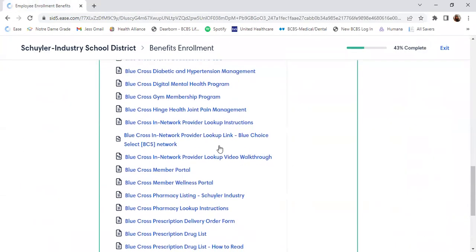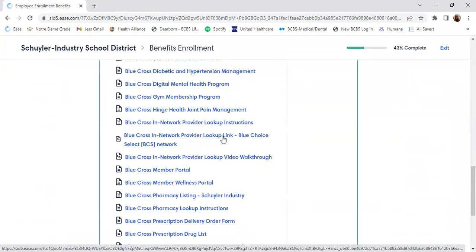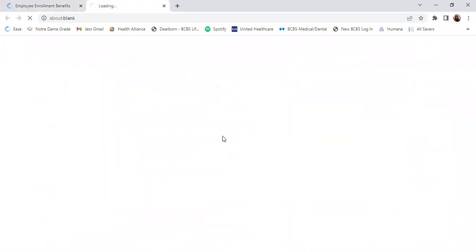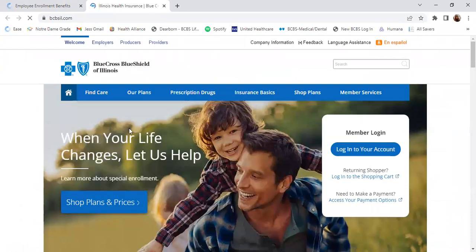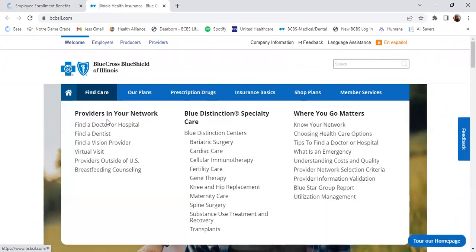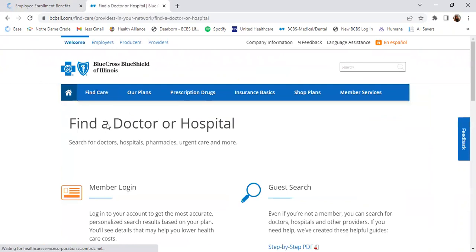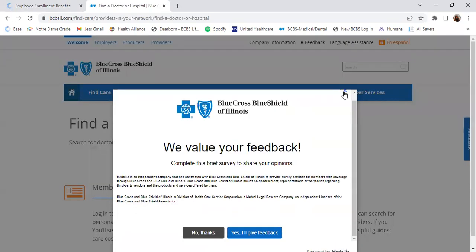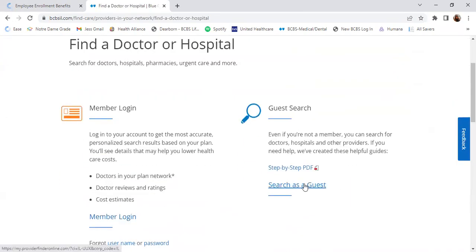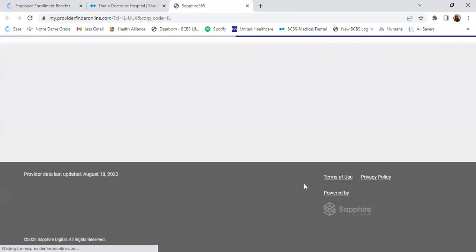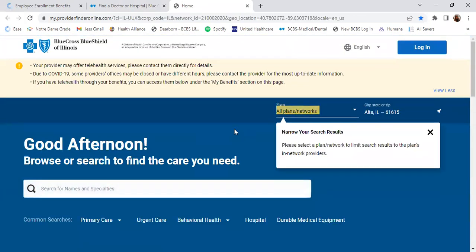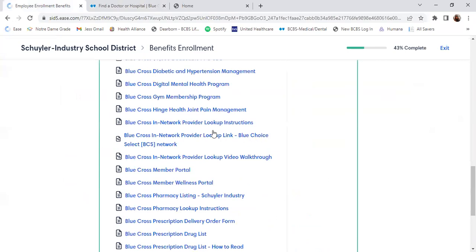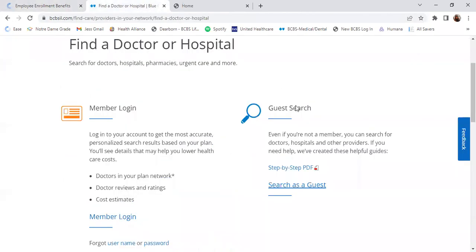One of the bigger things is the Blue Cross in-network provider lookup link. When I click on this, I'm going to find care, find a doctor or hospital, and you're just going to do a guest search. And let me click back here just to make sure I tell you the right thing. When you search as guest,